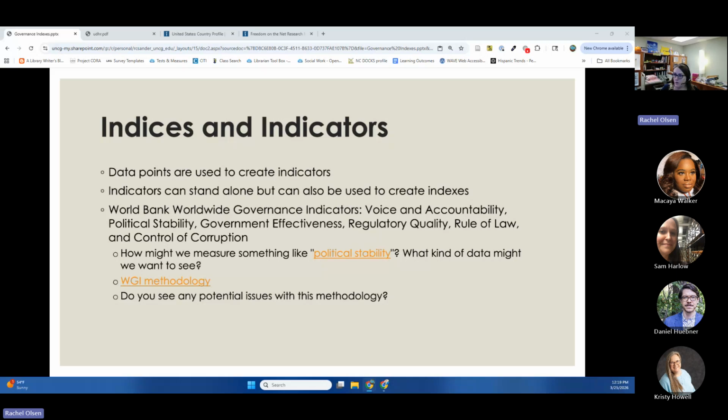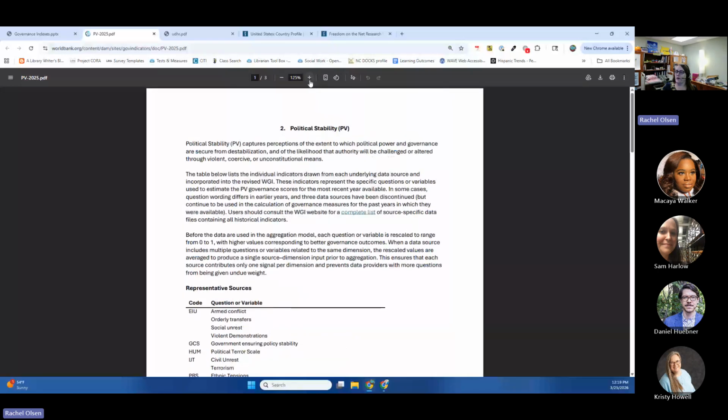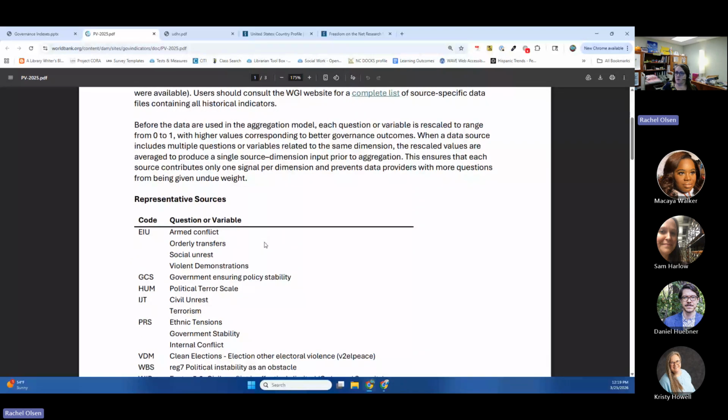It could be interesting. With the World Bank, again, they're really transparent. This is actually their code book for how they have determined the political stability of a particular country. And we can look at some of these indicators. So a lot of the times you're going to